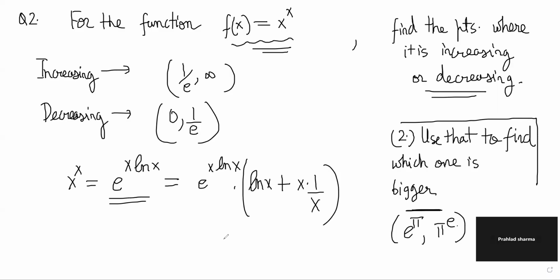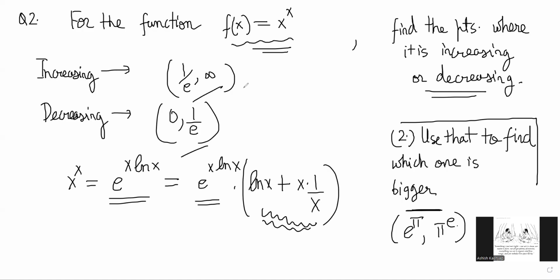Yes. So this part is always going to be positive, so you only have to care about this part, right? Yes. तो उससे आ जाएगा 1 by e is the point where it will change the sign. Great. So 1 by e के आगे the function is an increasing function, right? Yes. Correct. और 1 by e से पहले it was decreasing. Now देखो, अगर ये पता करना है कि which one is bigger, right? तो